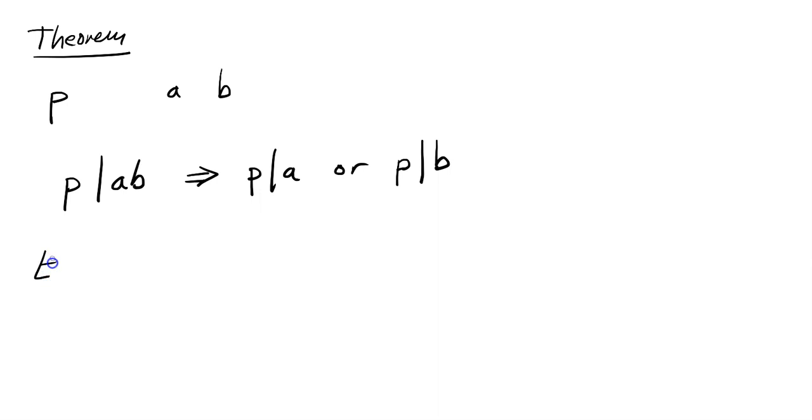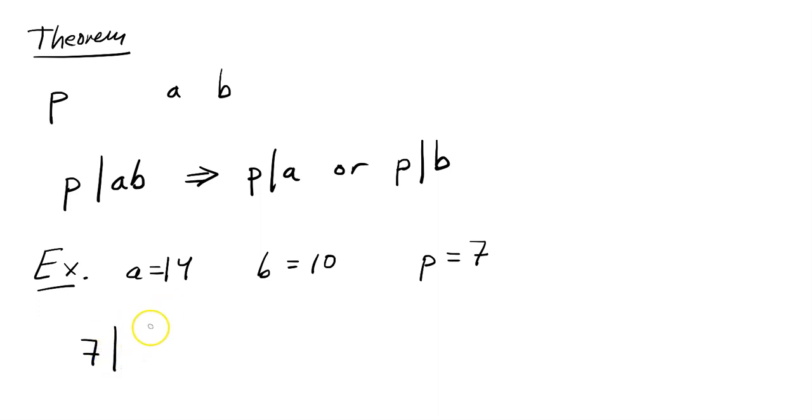So let's take an example of showing this. Let's take 14 and 10. So a is 14, b is 10. And let's take our prime number as 7. Then 7 divides the product ab, because what is the product? That's 14 times 10, that's 140. So we have that 7 divides 140. So it divides the product